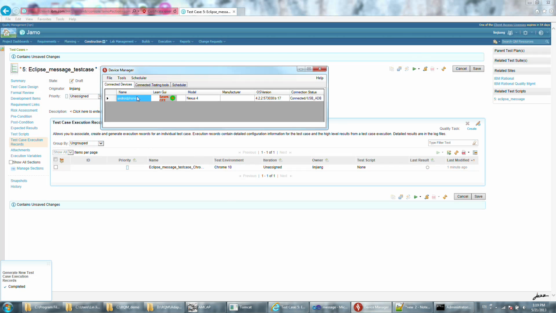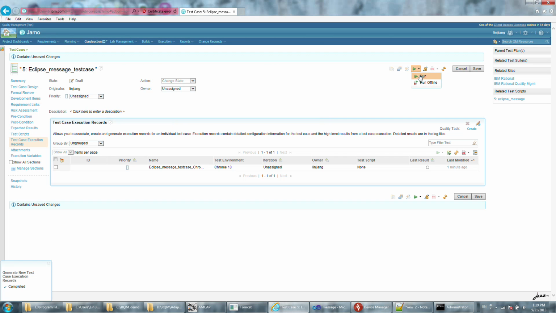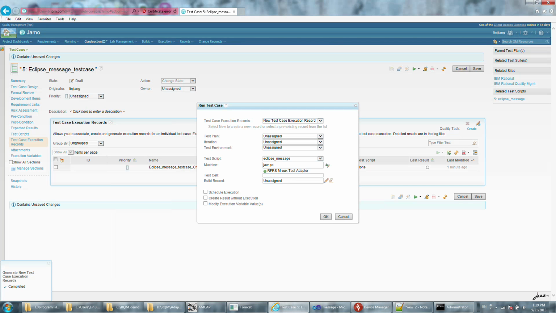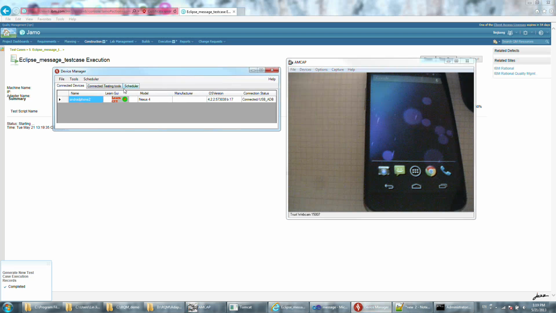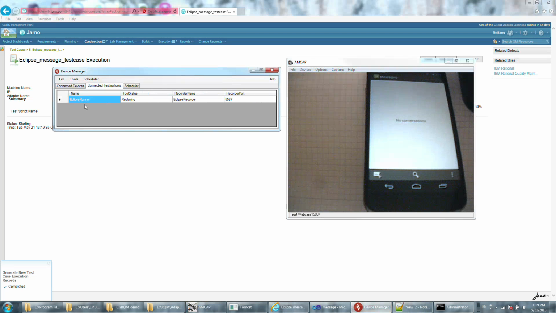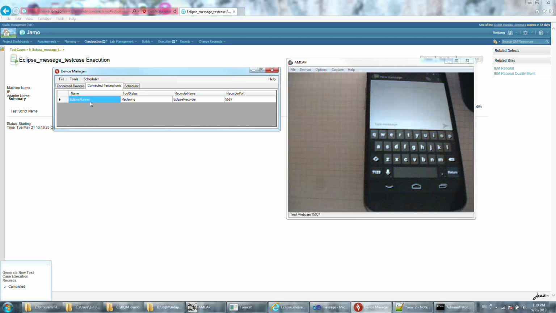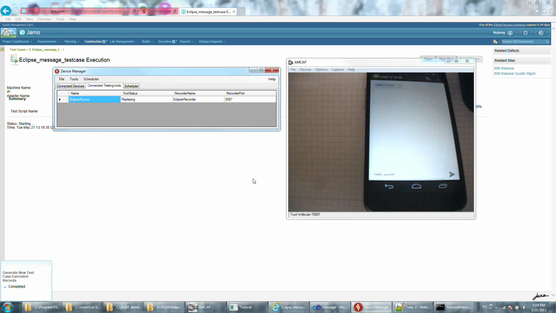Let's double check: I have my device connected, and I don't have any connected testing tools. If I run this test case, you see it has detected my adapter. Now if we go to this webcam, you can see the RQM already launched the Eclipse runner, and on the right-hand side you can see that the same operation has been performed by RQM. So this is pretty cool. This is pretty much how it works for Eclipse, and now we are going to show you